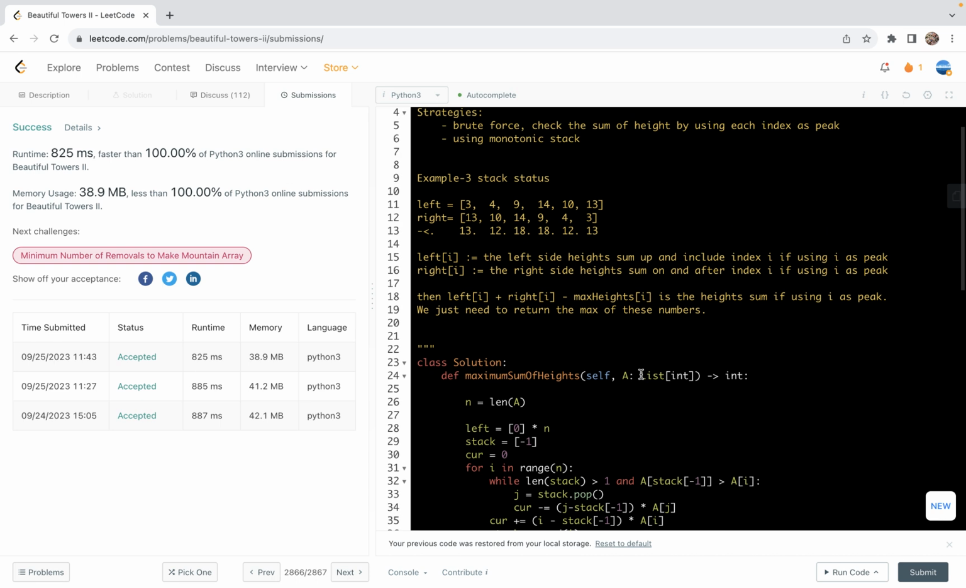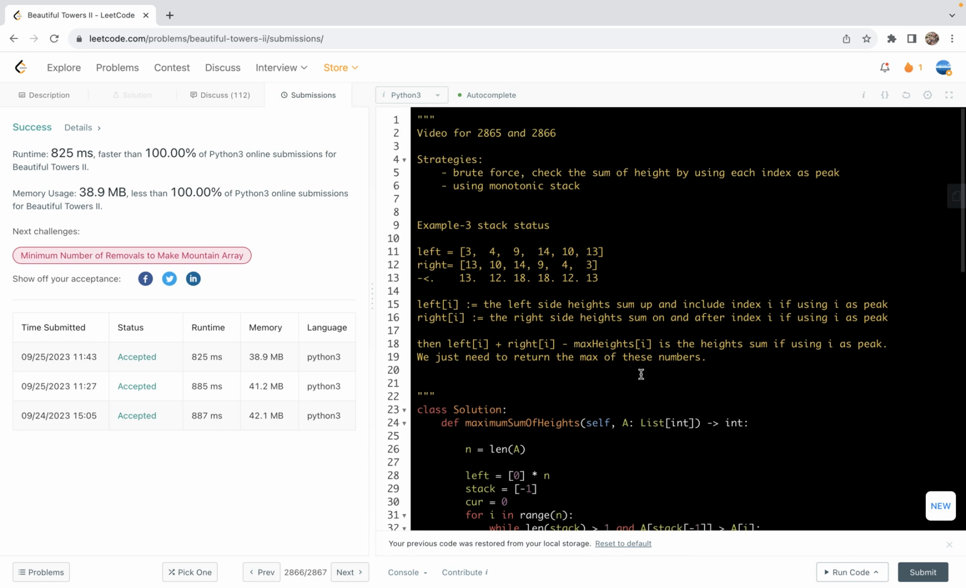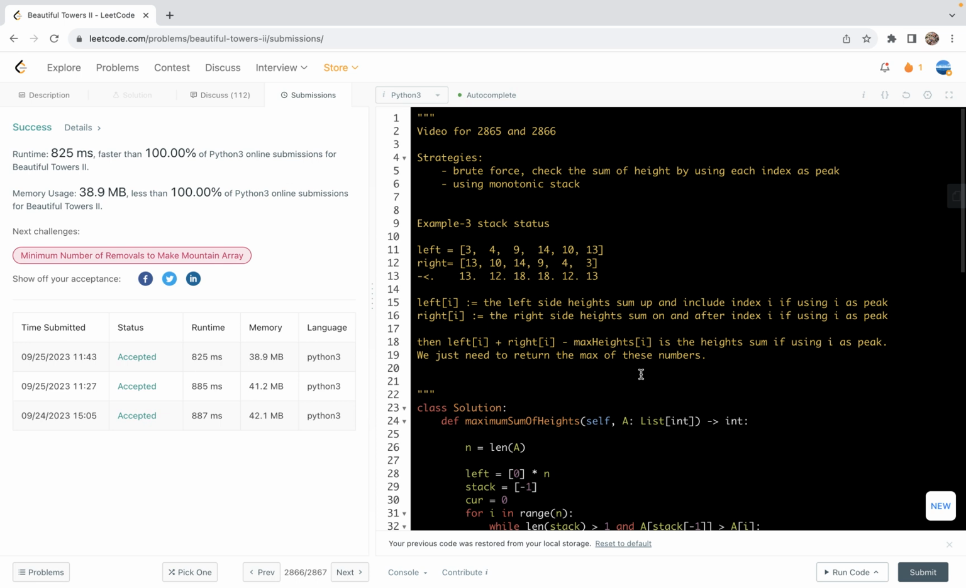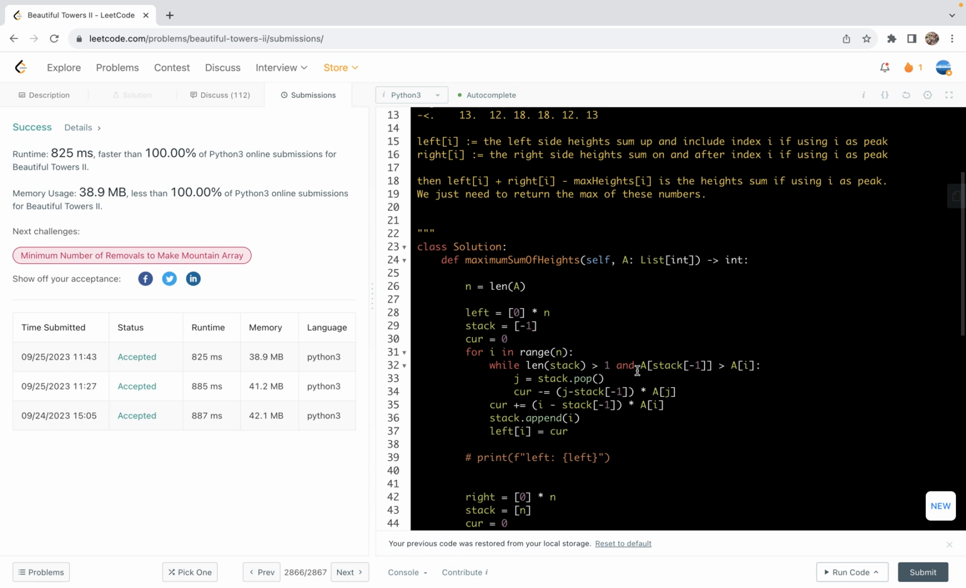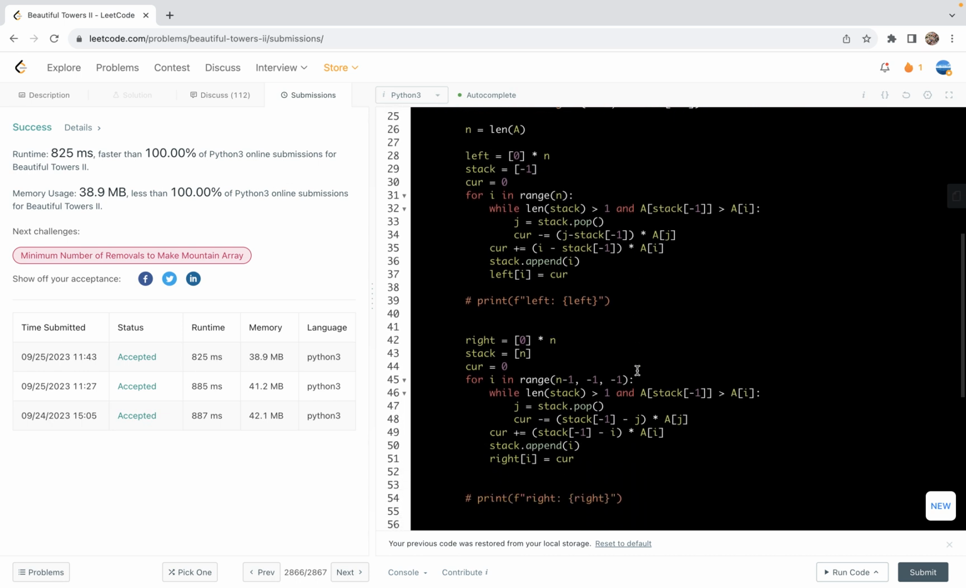So I would say here, this is a very good example for practicing monotonic stack. So actually we have a playlist which contains a number of problems from LeetCode on monotonic stack. If you are interested, you are welcome to check those problems out. So with that said, I guess that's about it for this